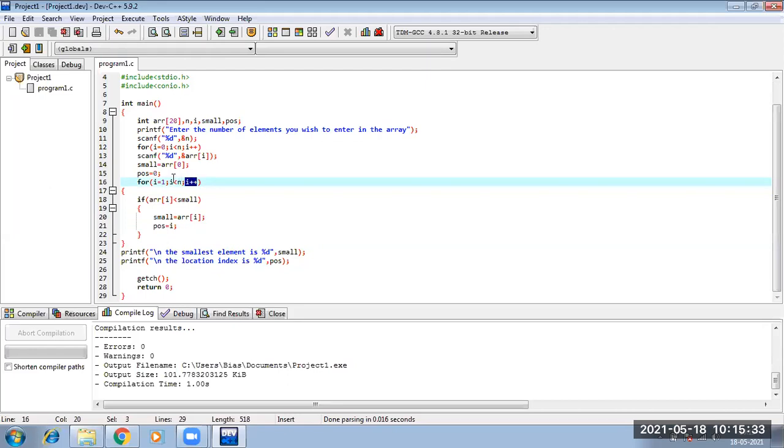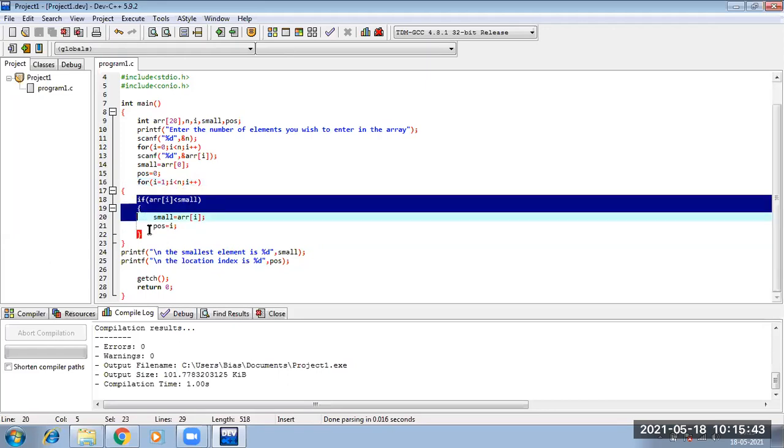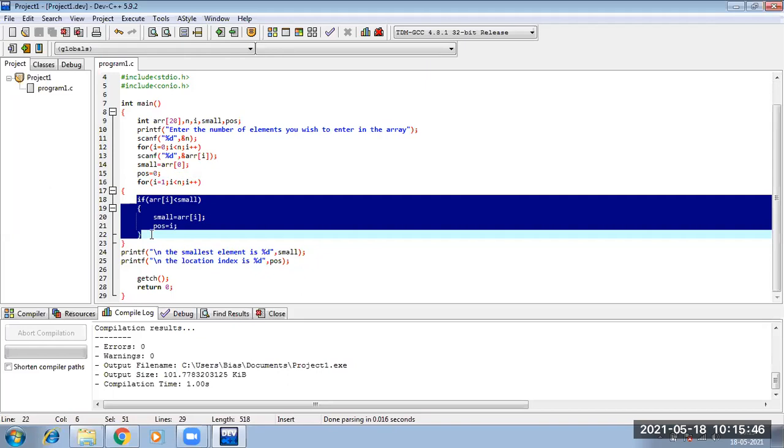So after checking this condition, whether my value of I is lesser than my value of upper bound or not, if it is true, then I was working something on my array. Whatever steps or processes we wanted to do on my array, I was doing after checking my condition.